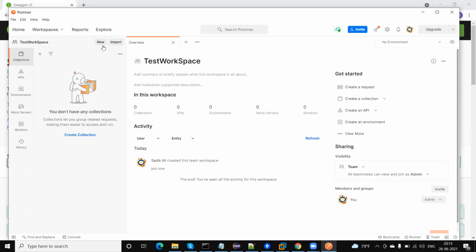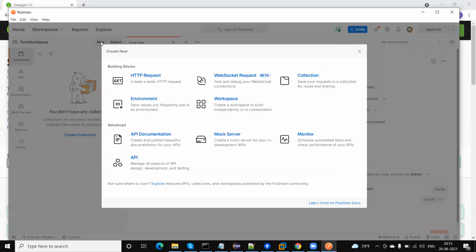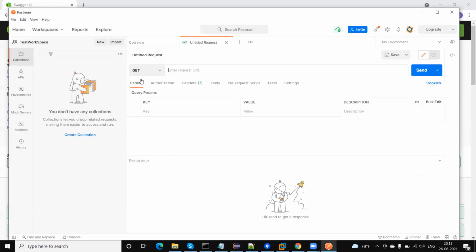So what is the request type? The request type is HTTP, because REST API uses the HTTP protocol. That's why I am going to use the HTTP request. Click on this, and you will get this. So we need to set the request details first. In API, first we need to select the method type, that is get, post, put or delete. Then the request URL, parameter details, header type, any authorization tokens, and the body if required. We will give all those details.